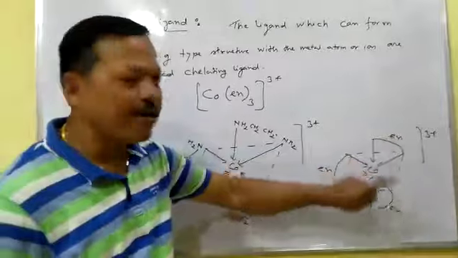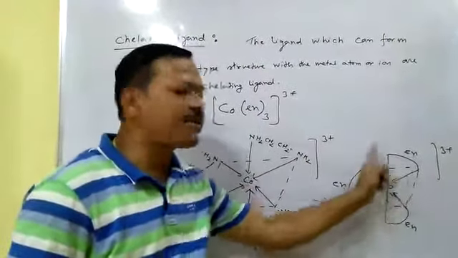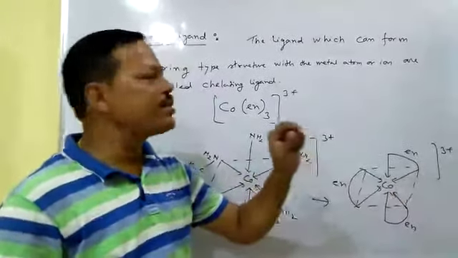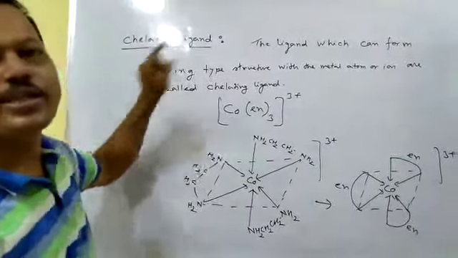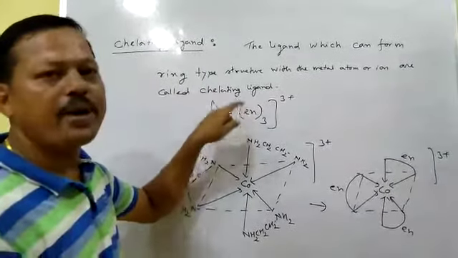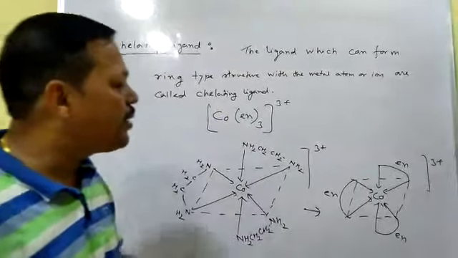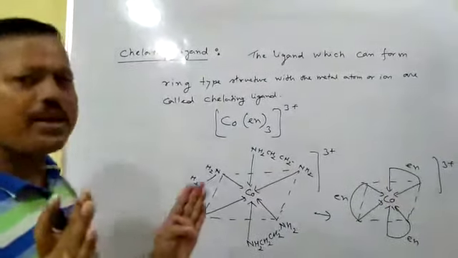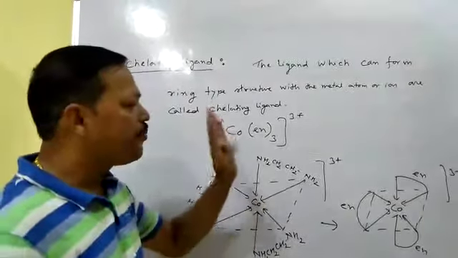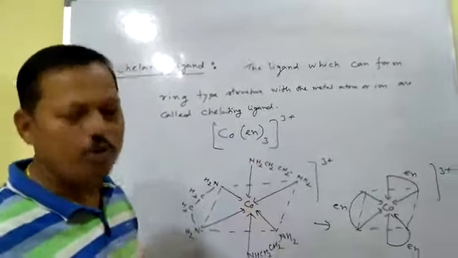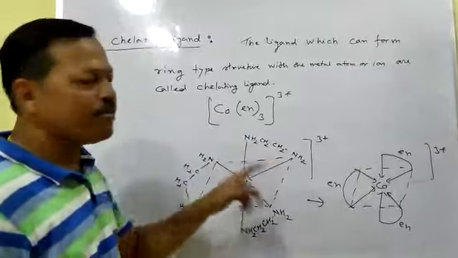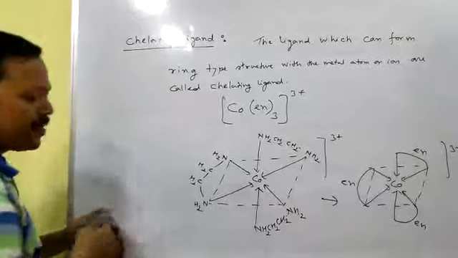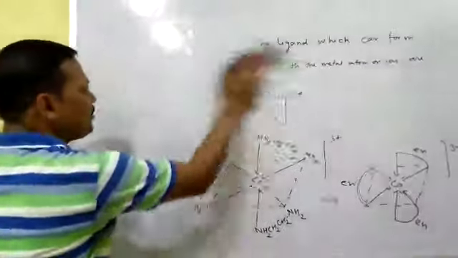So this type of ligand which produces this type of ring structure, I mean those ligands which can produce a ring type structure, this process is called chelation, and the ligand is called a chelating ligand. So here ethylene diamine is one example of a chelating ligand because it can produce a ring type structure. To form the ring type structure, to undergo chelation, the ligand must be bidentate or polydentate. A monodentate ligand never forms this type of ring structure. So I have given the ambidentate ligand and the chelating ligand.